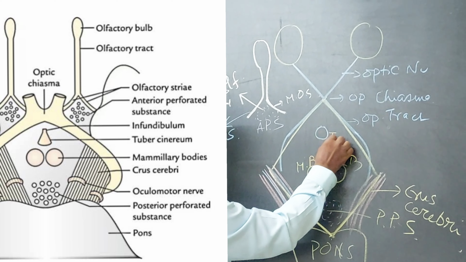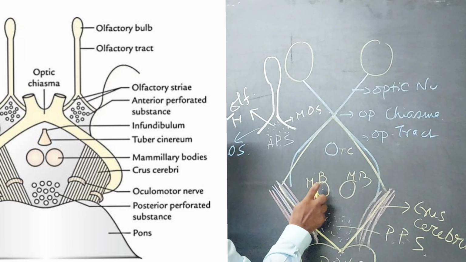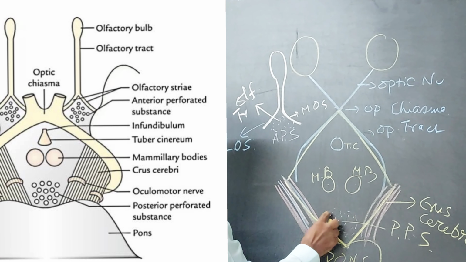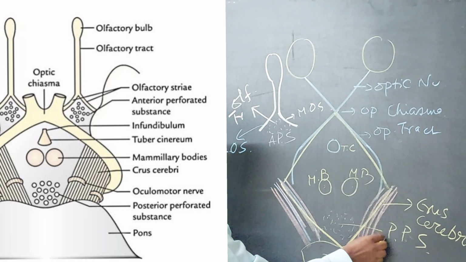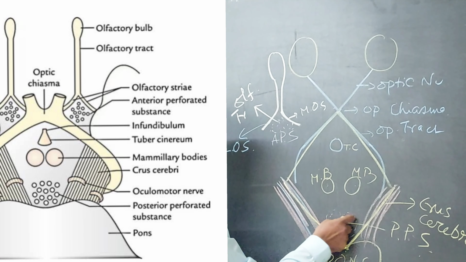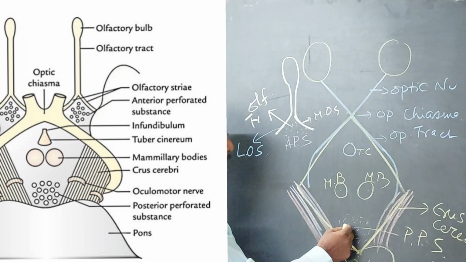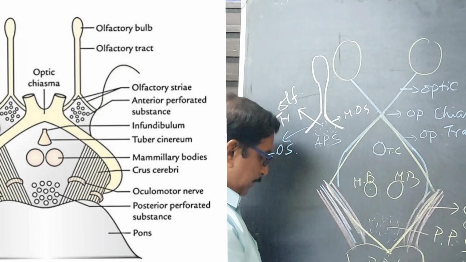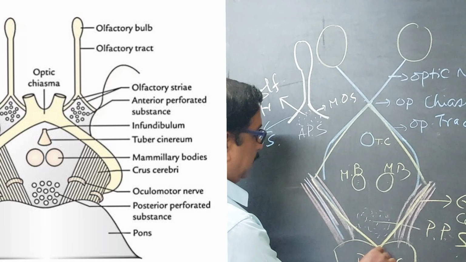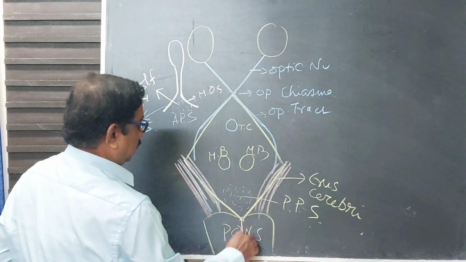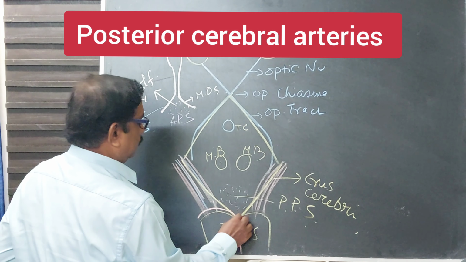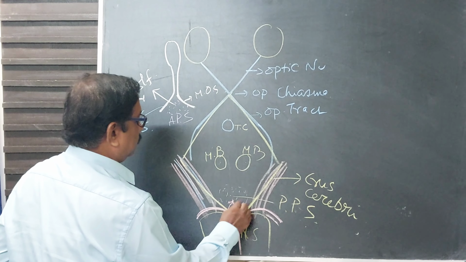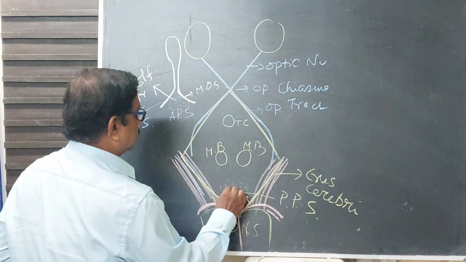It is tuber cinereum in the midline, two mamillary bodies, and posteriorly here is a posterior perforated substance. It is a gray matter which is perforated by the central branches of the posterior cerebral artery, and here is the posterior cerebral artery. From this artery, the central branches enter into this posterior perforated substance,